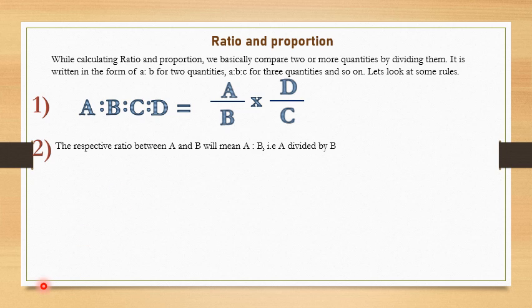And the very favorite word in ratio and proportion questions is respective. So you always have to focus on the word respective. If I say the respective ratio between A and B, it will mean A is being divided by B. But if I say the respective ratio between B and A, it will mean that B is being divided by